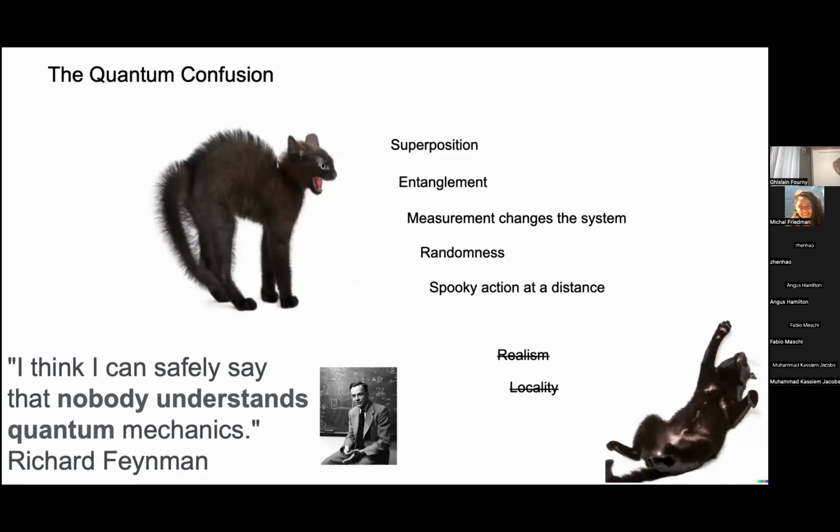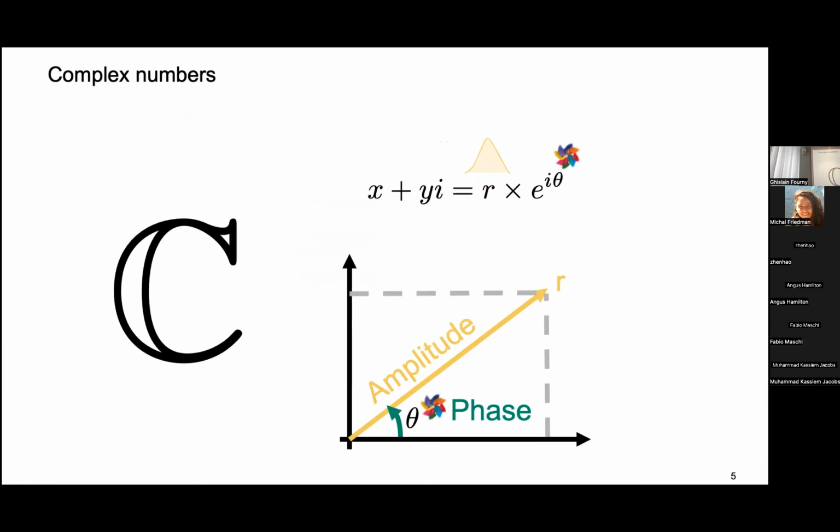So I'm going to drive you through these concepts. I'm going to talk about superposition, entanglement, measurements changing the system, randomness, spooky action at a distance. I'm going to talk about all of that, even realism and locality. And I'm going to give you a different perspective. It's not going to be the way that it's currently taught at universities, because we need to think out of the box if we want to actually come up with a theory that goes beyond quantum physics. But I still start with